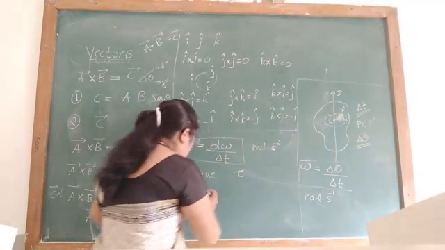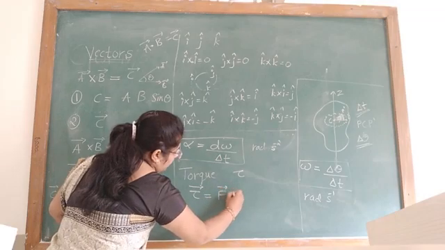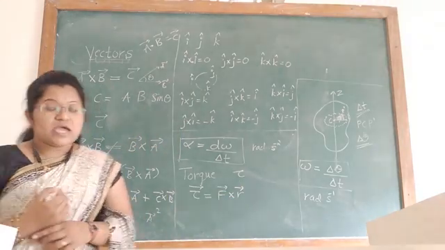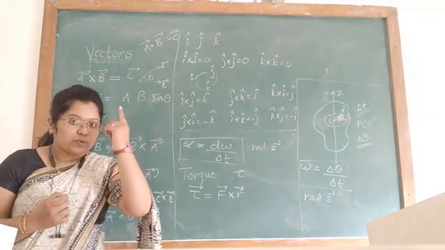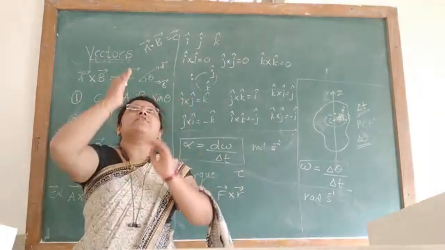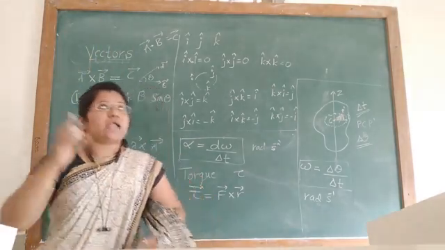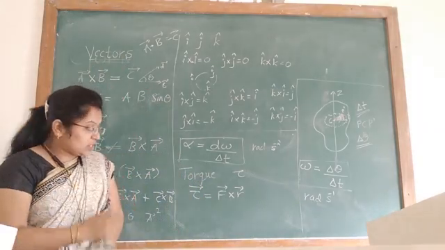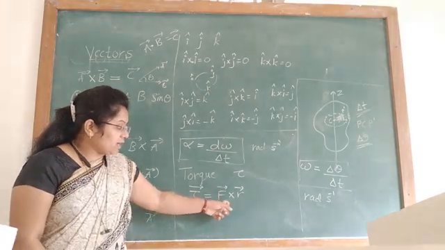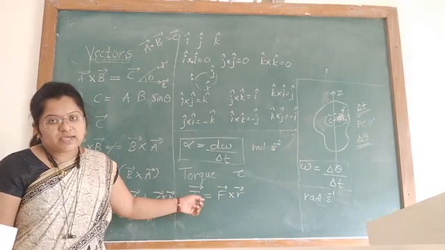So the expression for torque is, torque is having direction, F into R. R is the distance of the object from the rest position. If that fan is moving, at the center we have O, you consider that the rest position, and from that center to the wings is the distance R, and the force applied is F. So the rotating effect is torque, tau. So tau is equal to F into R. Force has direction, and tau also has direction.